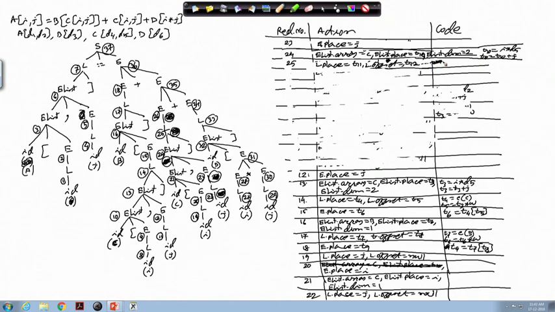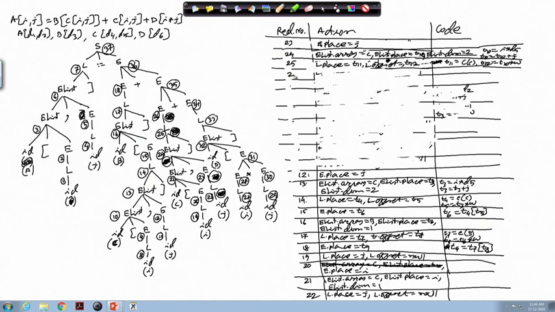So, it will generate code like T11 = the constant part of the array C, and T12 = T10 * W. It will generate this code at 25.